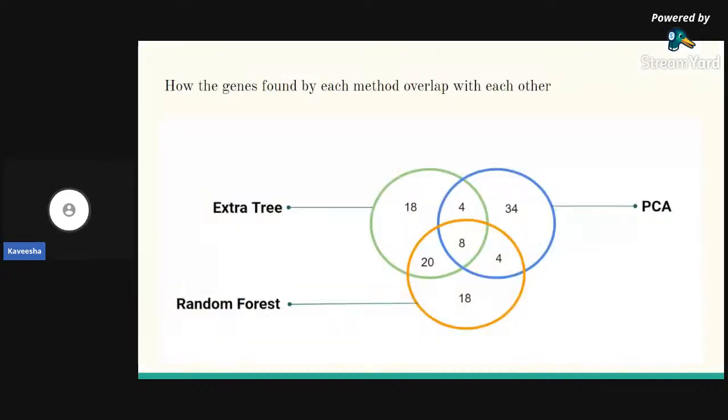After we selected the best 50 genes from those three methods, you can see that some genes were found by two methods, or in some cases, in this case eight genes, were found by all three methods. So what we did was we